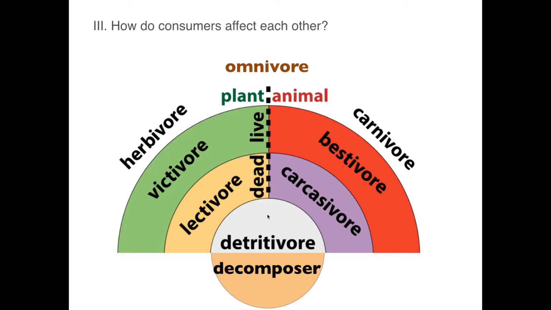Something else, though, is that we have two categories beneath here. You have detritivores and decomposers. They're kind of their own special case. They eat decomposed, or what's a good word to use, decaying organic matter. Most of the time, carcassivores and lectivores eat recently deceased plants or animals. Detritivores will eat rotten, decomposing, gross kind of stuff. And the difference between a detritivore and a decomposer is that decomposers return that nutritious stuff back into the soil